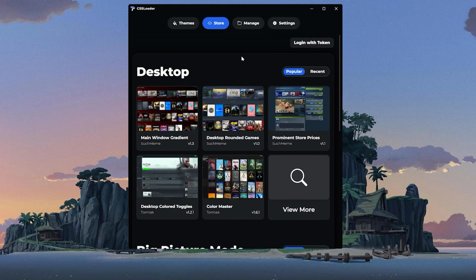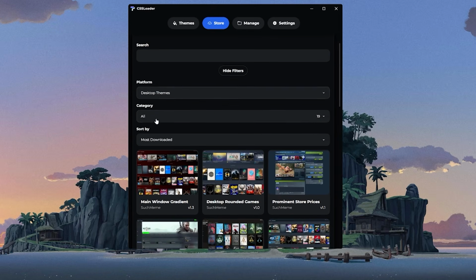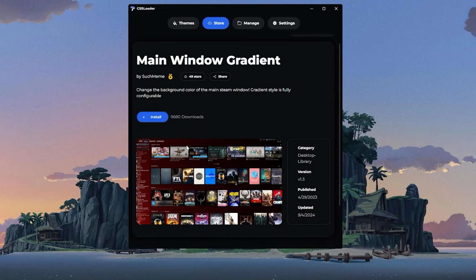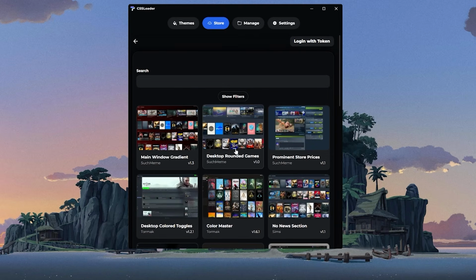There are fewer things to select from here, but there are still some really good ones that we can play around with. Okay, so I'm gonna click show filters and I would set it to most downloaded. For now, we're just gonna look at some previews. This one right here is pretty simple. It allows you to just put a custom gradient on your main window for Steam. This is one that I do